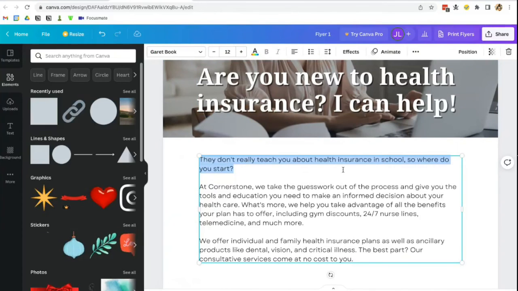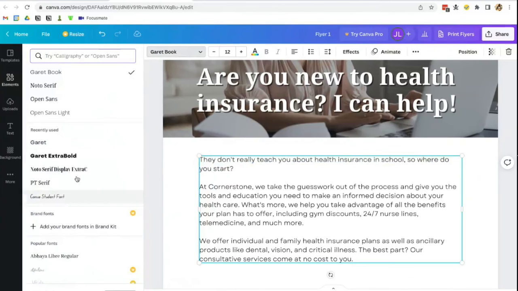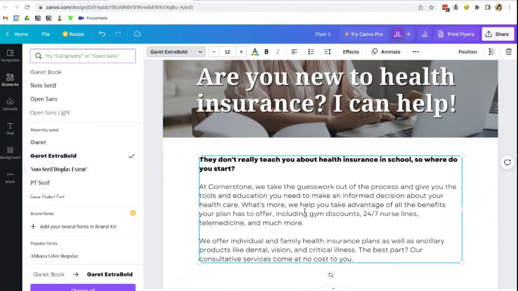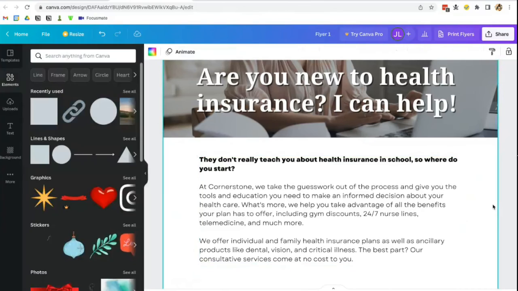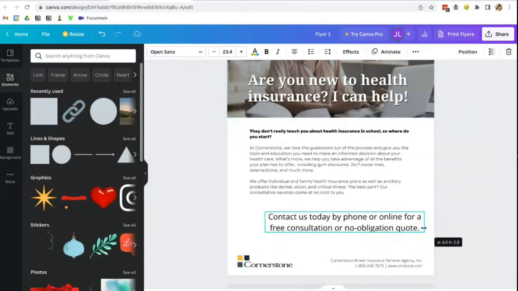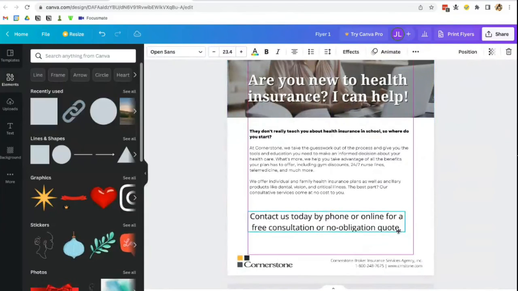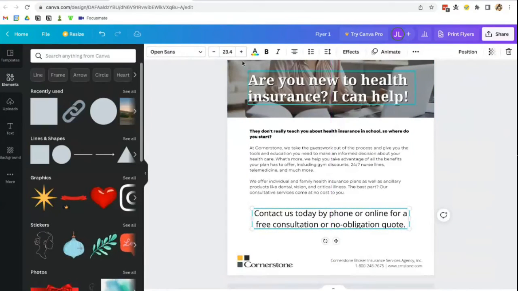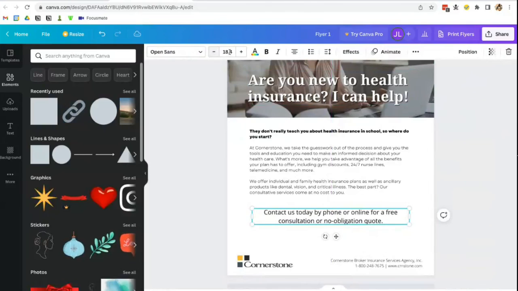I also want this top line to stand out just a little bit more. So I'm going to make that bold because that's a catching line. So I'm just going to go in and use Garrett Extra Bold. And then I have my call to action, which I'm just going to center, move around. I'm also going to lower the font just a little bit